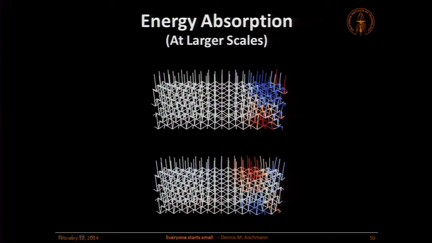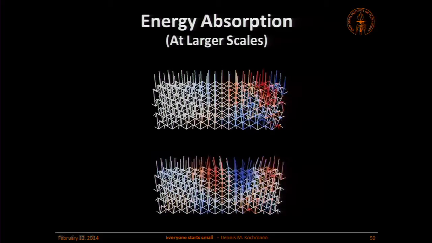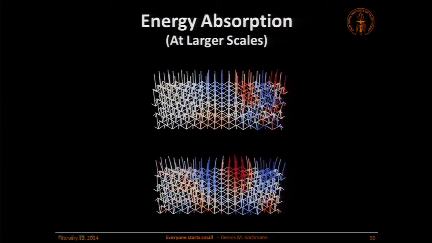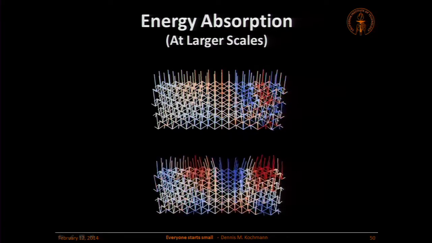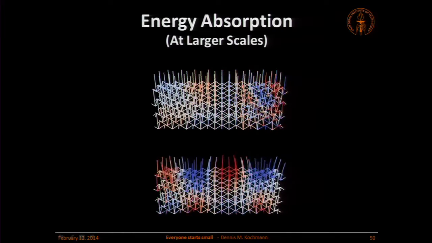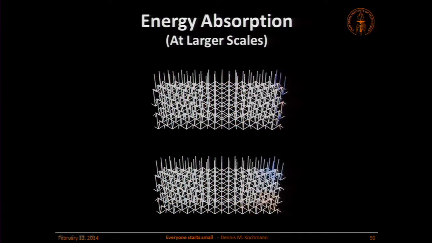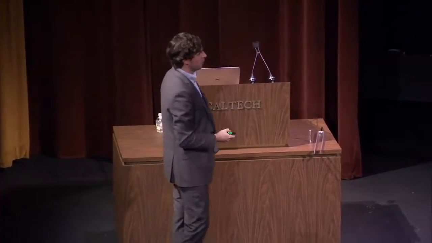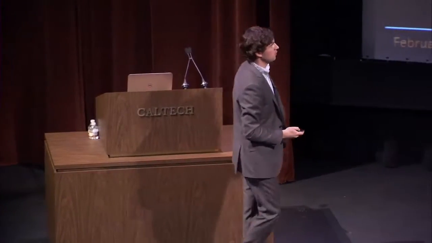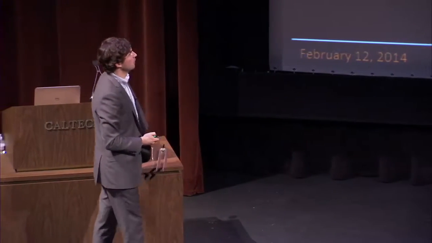The lattice on top doesn't do that. We're hitting it pretty much the same way, but what you see is the wave is damped out. It's scattered, the wave gets dispersed. It's the periodicity of the lattice which we can use to attack broad frequency ranges and prevent them from going through. So with these, you can make structures, you can design their elastic properties, you can make them do funny things like a negative Poisson's ratio. They're extremely light, by the way, because these are hollow tubes. They're extremely lightweight. And at the same time, they are still metal or ceramic, so they can still be pretty stiff. This is a way how you can make materials that have certain properties.